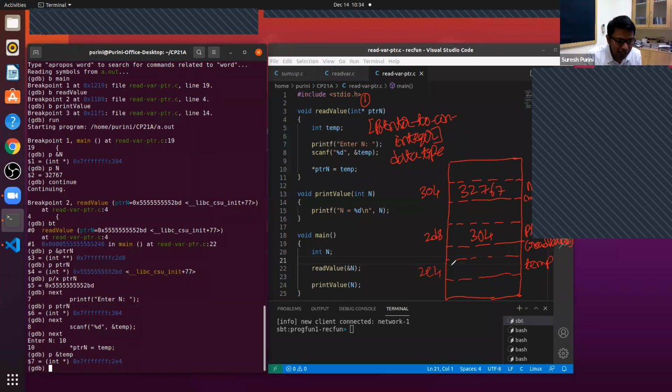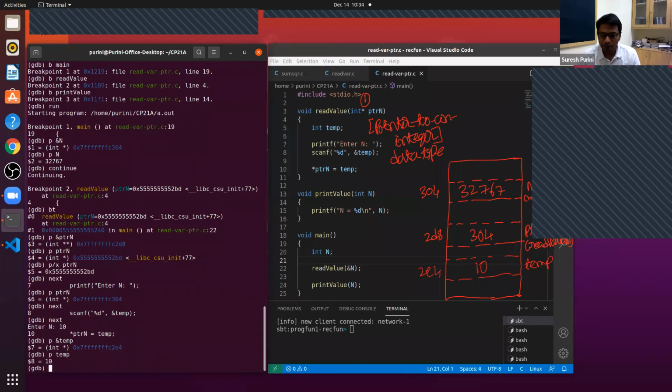And what does temp contain? Temp contains 10. That is the value that we have entered. I hope you are all with me till this point. If I say print temp, you will see that temp contains 10.